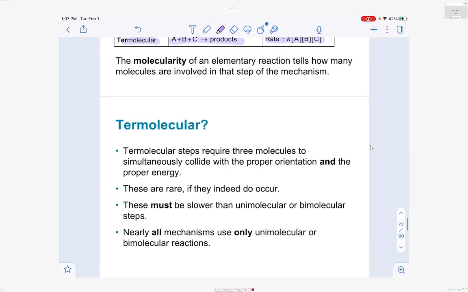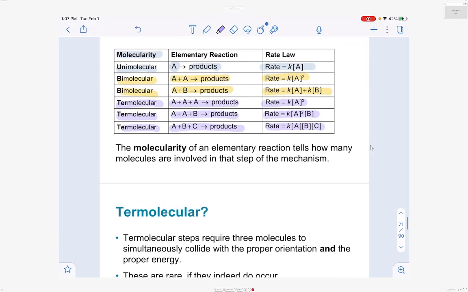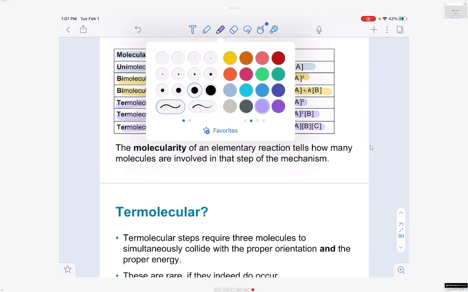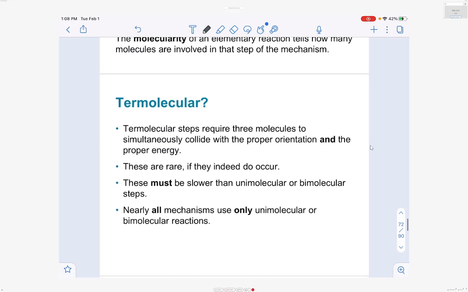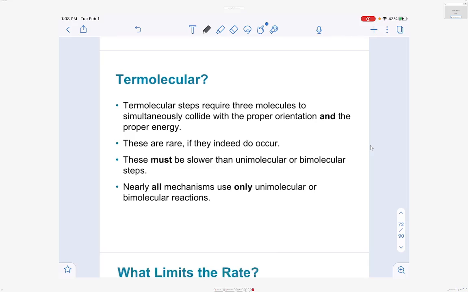I know you guys are familiar with the first order reaction and second order reaction, because we've explored these two reactions thoroughly in the previous slides, which are unimolecular and bimolecular reactions. But what about termolecular? The termolecular reaction that we have just seen in the previous slide is very rare to observe. Okay, this is very rare. This is because all three molecules,